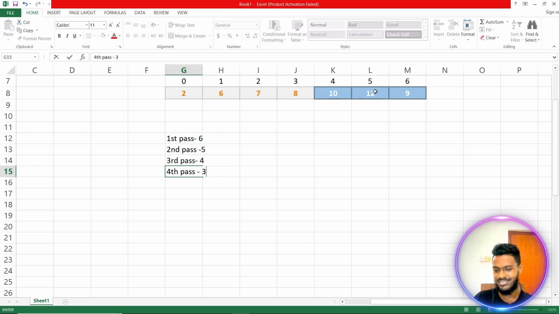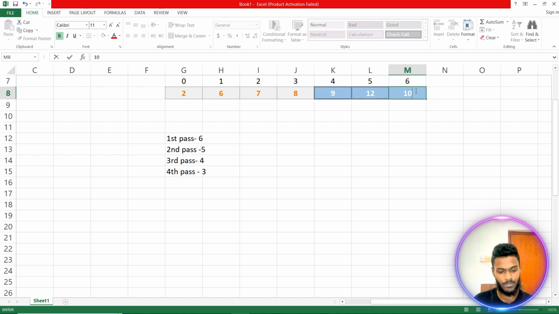Check with 12, check with 9. We find that 9 is less than 10, so our minimum becomes 9. After swapping 9 with 10,